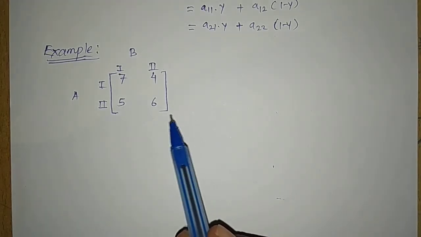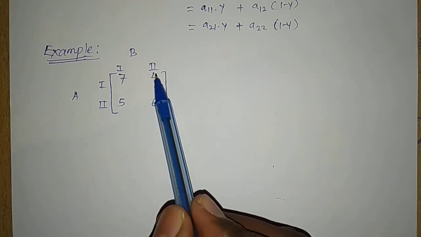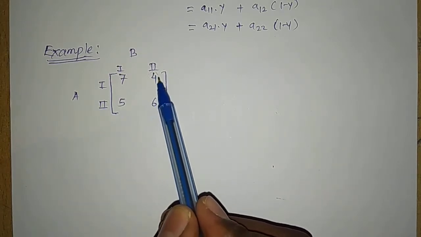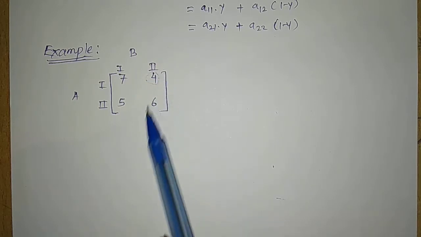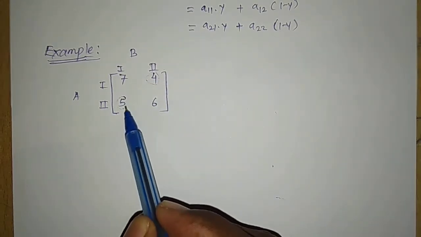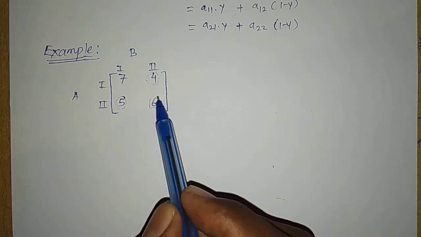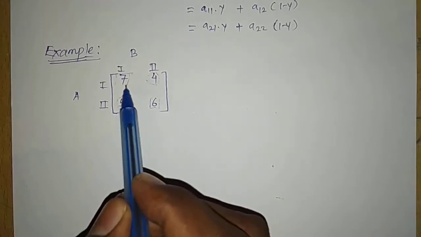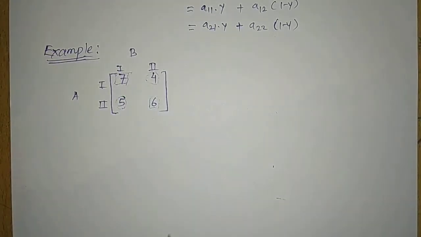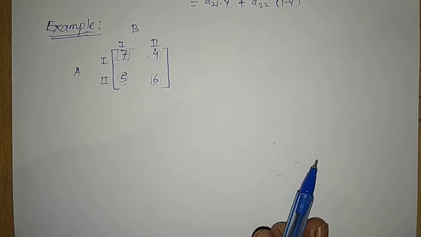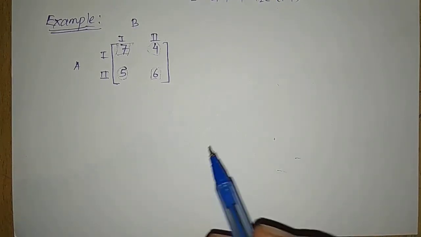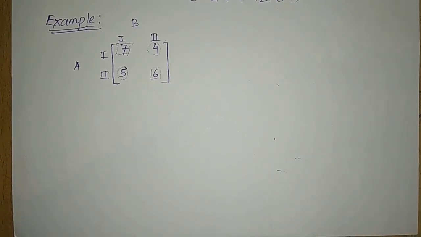Let us draw a circle for row minimum values, a circle for each of the rows, and for column maximum values, let us draw a square around it. There is no coincidence of a circle and square, so there is no saddle point in this game. Now how to find out the solution to this game? Let us go with our strategies. So first step we will apply here.